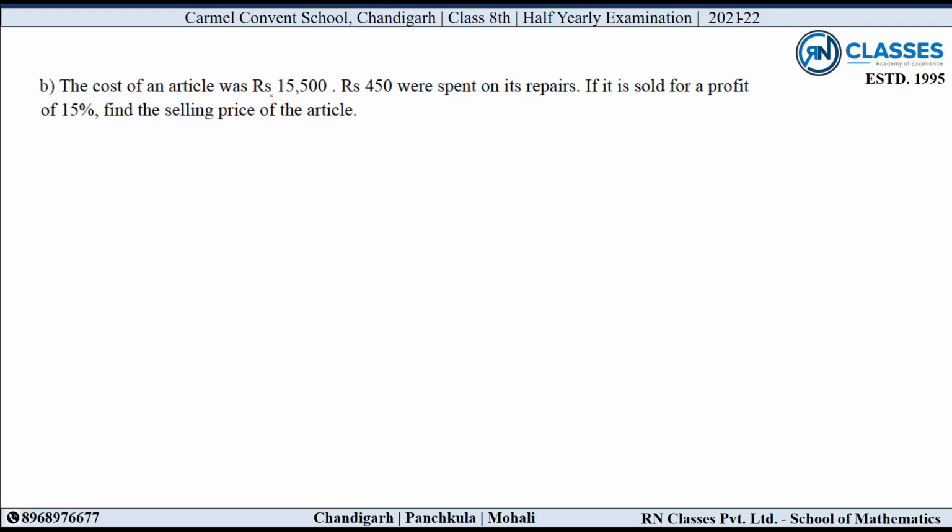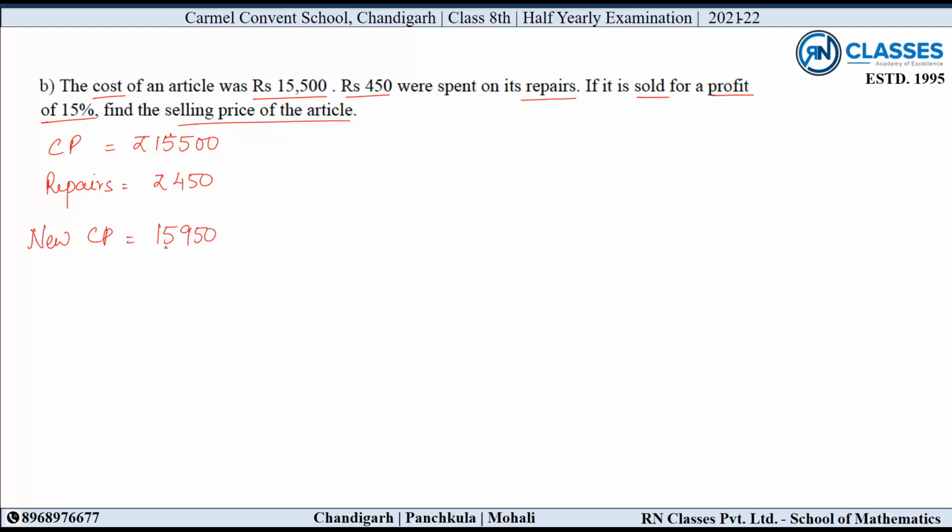The cost of an article was rupees 15,500. Okay, cost. 450 was spent on repairs. If it's sold for a profit of 15%, find the selling price of the article. Okay, we know the cost price of an article is 15,500. Right, 450 he spent on repairs. So new cost price, because repairs has to be added, would be